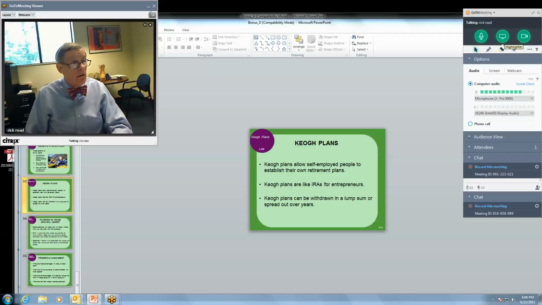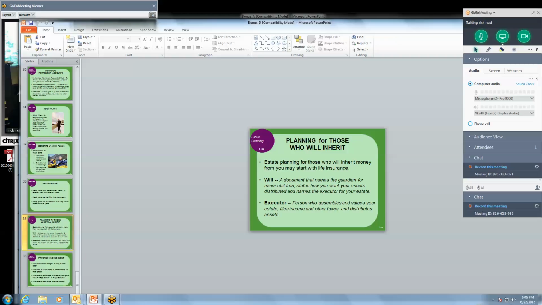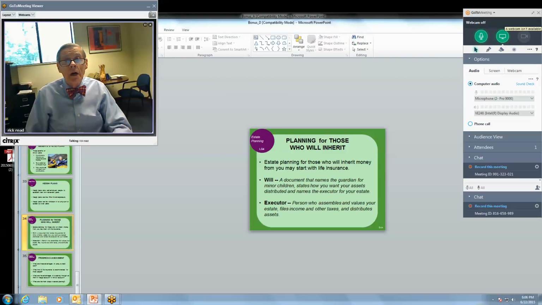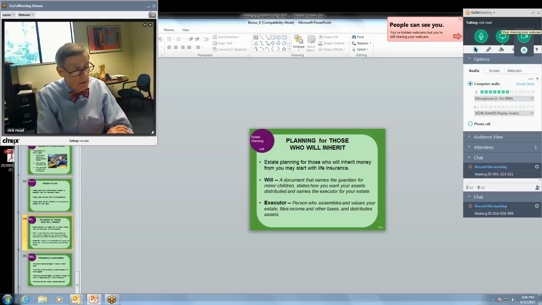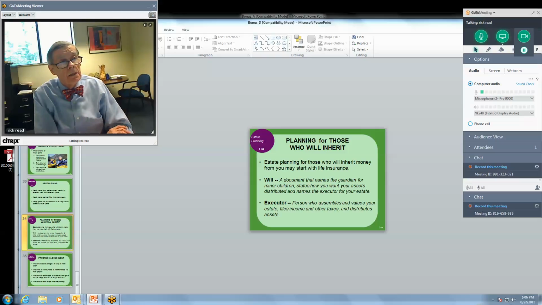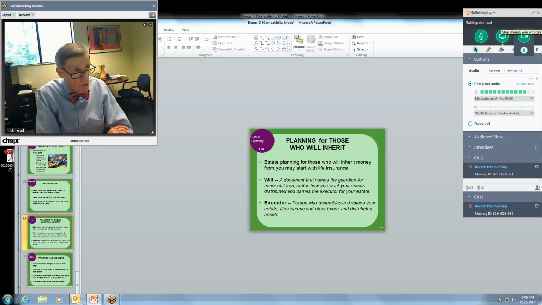And then finally, you have to decide what you're going to do with your money, who's going to inherit it. That's not something most of us like to either think about or talk about, and I certainly fall into that category. But a will says who you're going to leave the money to. It establishes an executor of the will. He or she carries out the stipulations of the will and makes sure that final bills are paid and the money and assets are distributed. We talked about that right before.